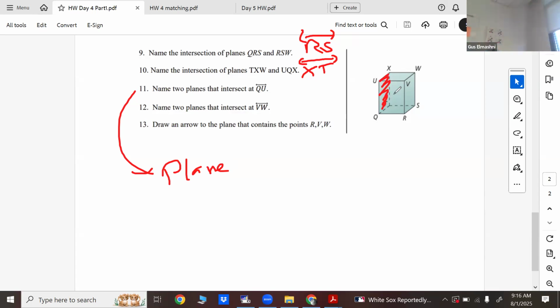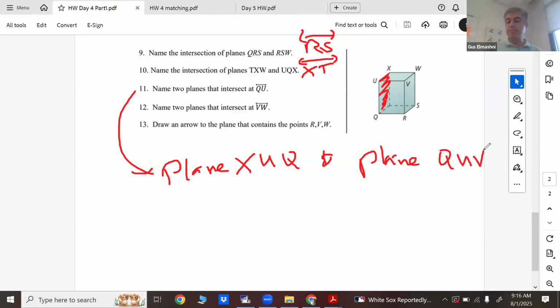So if you look at it this way, I want the left face and the front face. Now the left face, you can say XUQ if you want, XUQ or UQ. I don't know. I just mix these letters up like crazy. But XUQ. And the front face, I can say QUV. So front and left. For 12,